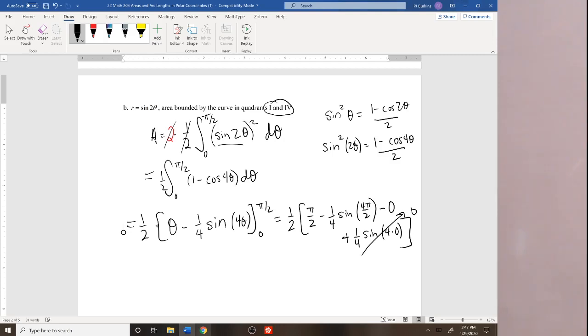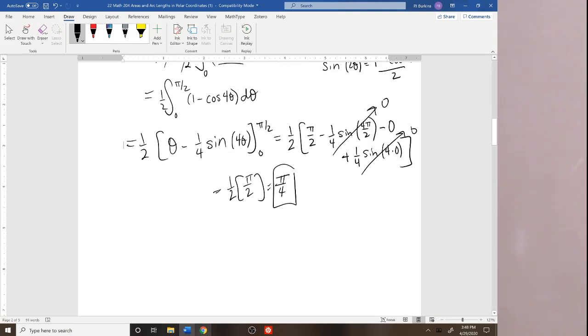So sine of 0 is 0. This is going to be sine of 2 pi. That's 0. And once again, we just get pi over 4. So those are somewhat difficult in that we have to find the bounds and then recall how to do our trig integrals. The next couple problems that I guess we'll go ahead and do next time,